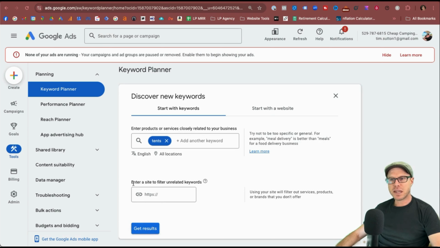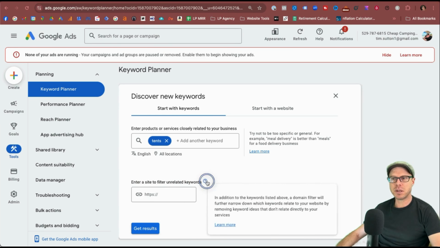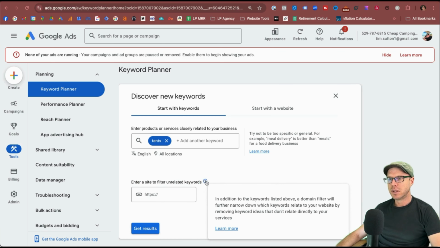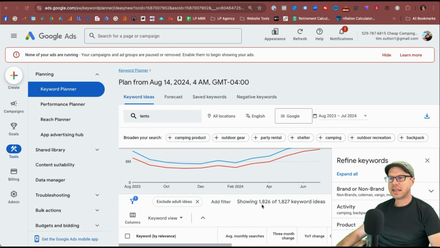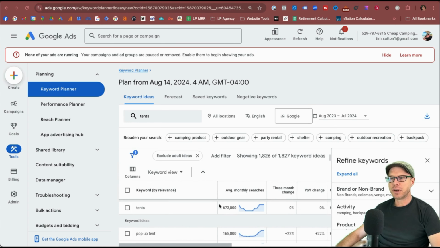But before we do, it does have an option here where you can enter in a site to filter out unrelated keywords, which is interesting. I'll test that in a moment. You can click the question mark bubble here. It gives you more information on what that looks like. Let's click Get Results. And as we see here, we now have 1,826 out of 1,827 keywords that are currently showing. Scrolling down further, we can see that tents has an average volume globally of